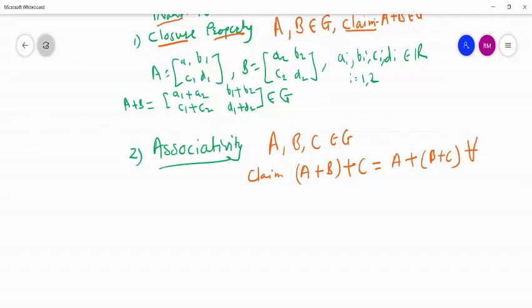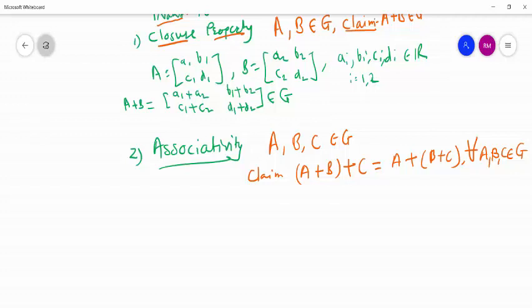This is true for all. This is called for every. It is not satisfied only for particular A, B, C, but for any element in G, or we can say any arbitrary element. So it is easy to verify. Take A equal to like this. We have already shown the closure property. So just substitute A like this, B like this, C maybe A3, B3, C3, D3,